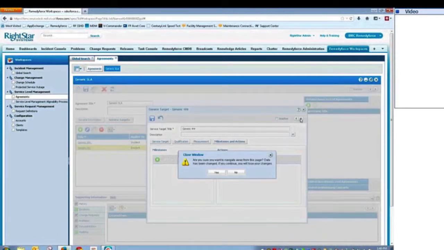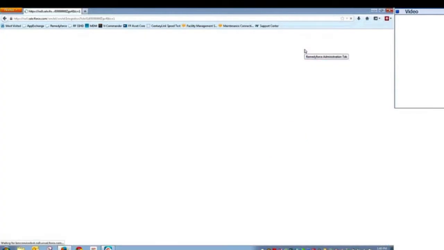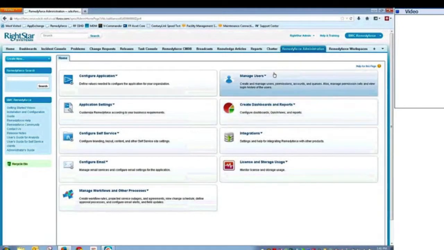The other component that I wanted to show you real quickly is if we go back to the Remedyforce administration console. Before long, everything from SLAs, all of that will be under this one console. I would say that probably 90% of the things that you're going to do are accessible from the Remedyforce administrative console. So if we look here under application settings,